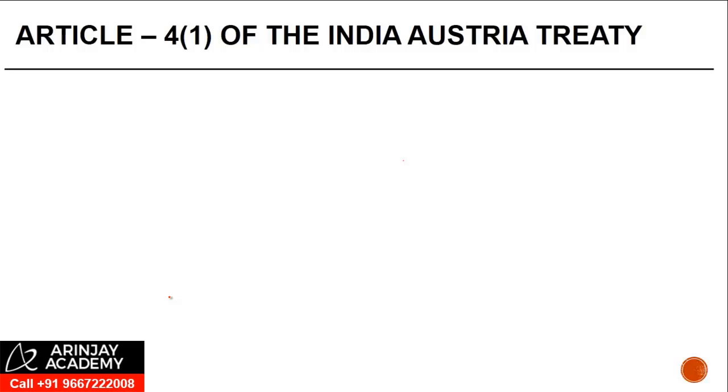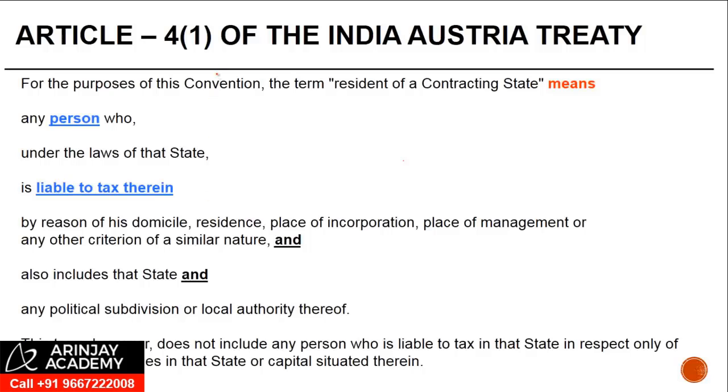Let us now look at one of the sample articles, Article 4.1 of the India-Austria Treaty. Like I told you earlier, Article 4.1 typically defines the meaning of resident. For the purposes of this convention, the term "a resident of a contracting state" means. What this implies is that for the purpose of the treaty, this is an exhaustive definition,